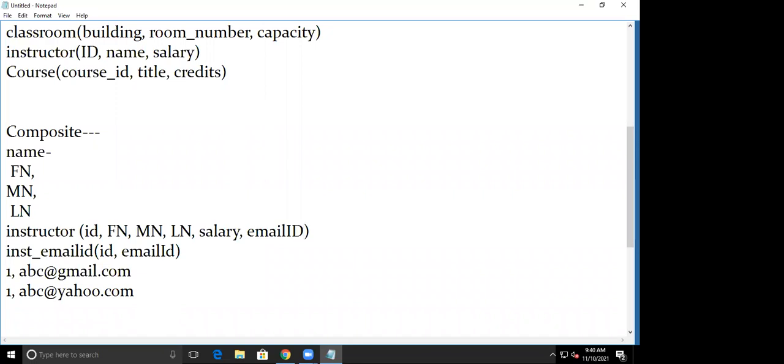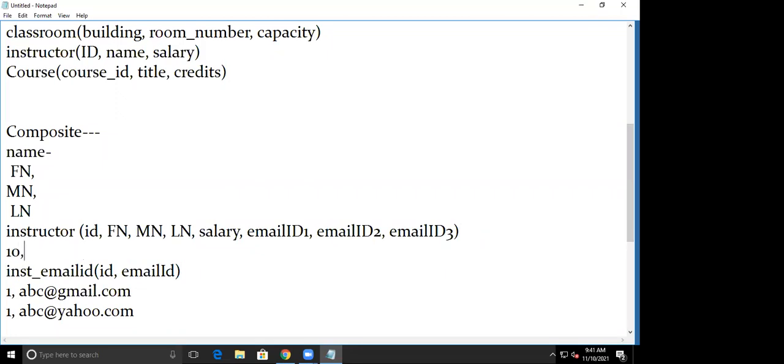But you might be thinking email ID 1, then I can have a separate email ID 2, then another email ID 3. So you might be thinking, why don't we create different columns here? Yes, we can create such columns, but consider there are 10 instructors.